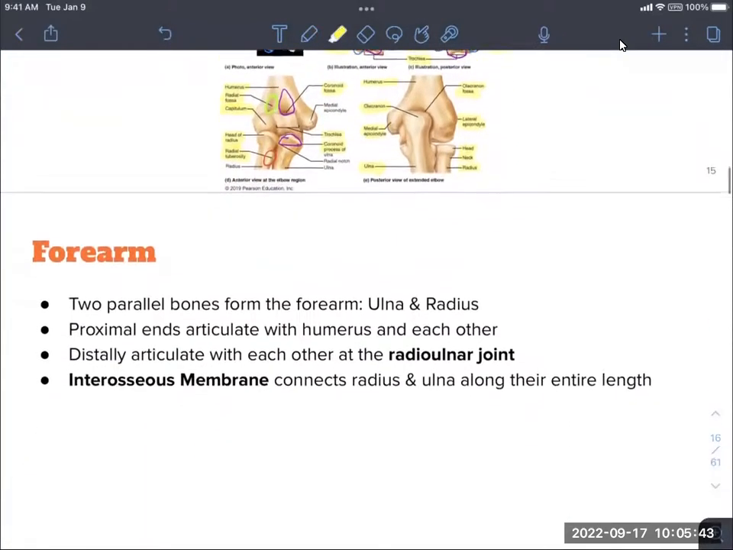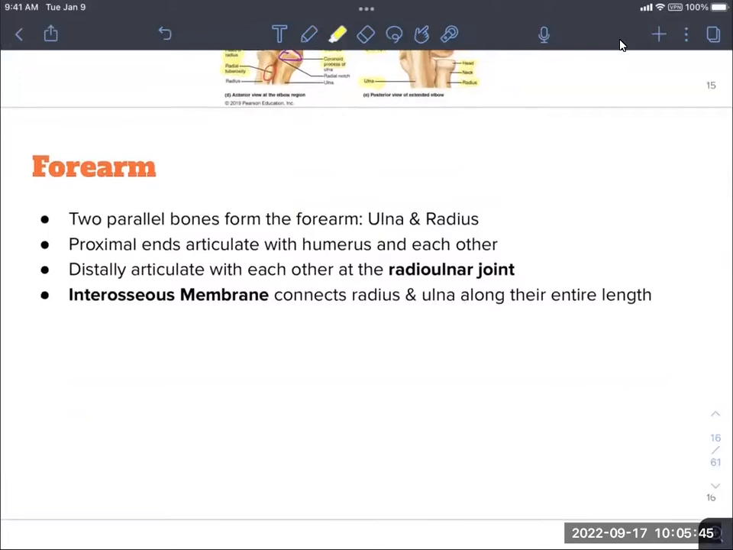So let's look more at our forearm. We've looked a little bit at the radius and the ulna that make up the forearm and how they articulate with the humerus. And we even looked at how they make the proximal radial ulnar joint. They also have a distal radial ulnar joint. The radius and the ulna actually are connected together by an interosseous membrane, and it follows the entire length